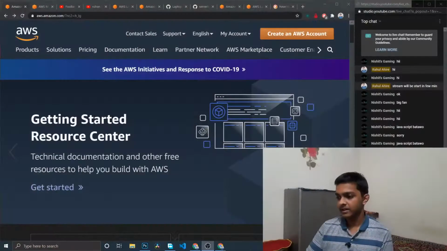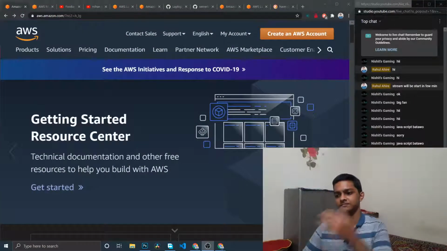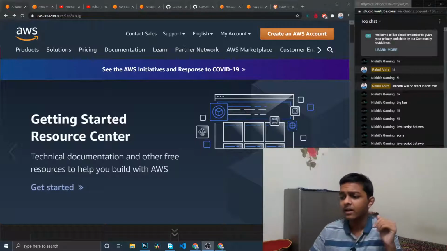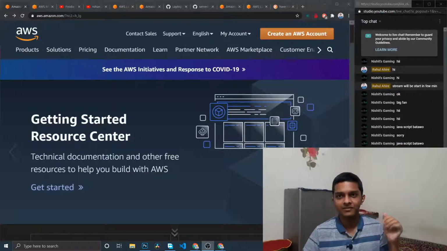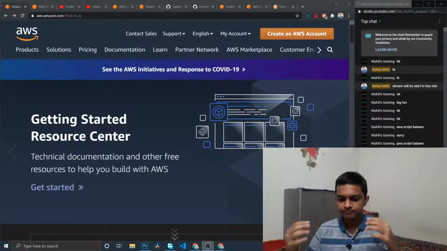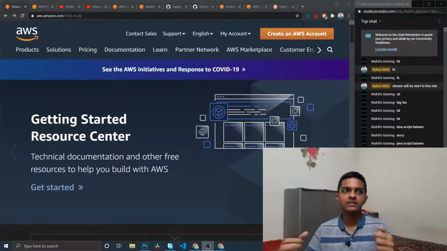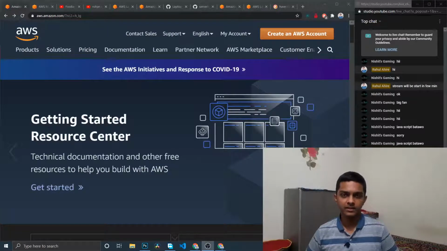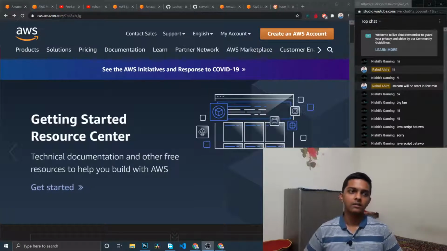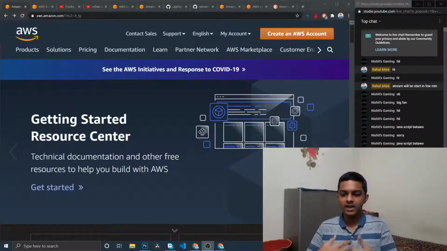As you can see above on my desktop, this is the AWS website. So what it really is: AWS is one of the cloud providers. What a cloud provider essentially means is that it gives you on-demand service for whatever you want, pay for what you use, so you don't waste your money.